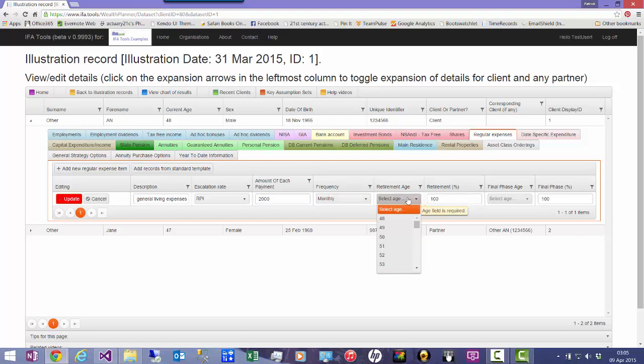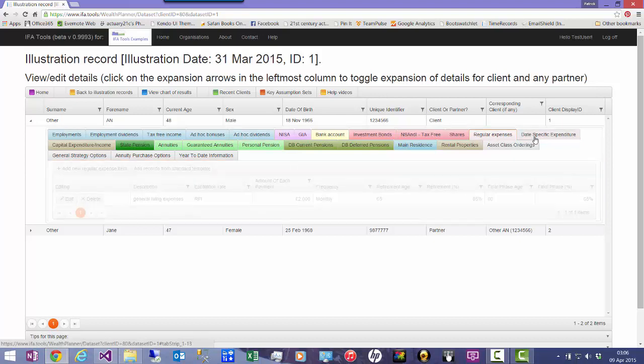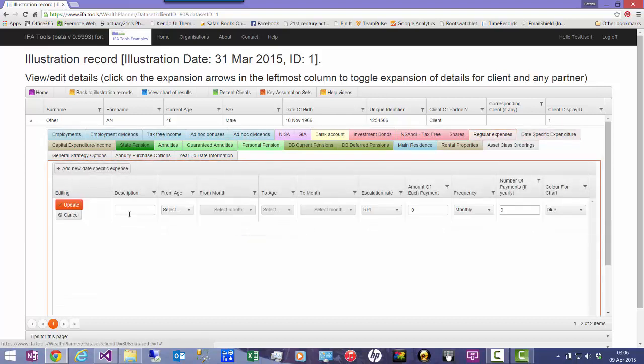And I can say from a particular age that it might start reducing. I'm going to put 65, and it will go down to say 85%, and then there'll be a final phase where it might go down even further. I'm going to put things like care home fees separately, so I'm going to choose 80, and I'm going to make that 65%. I'll click the update,